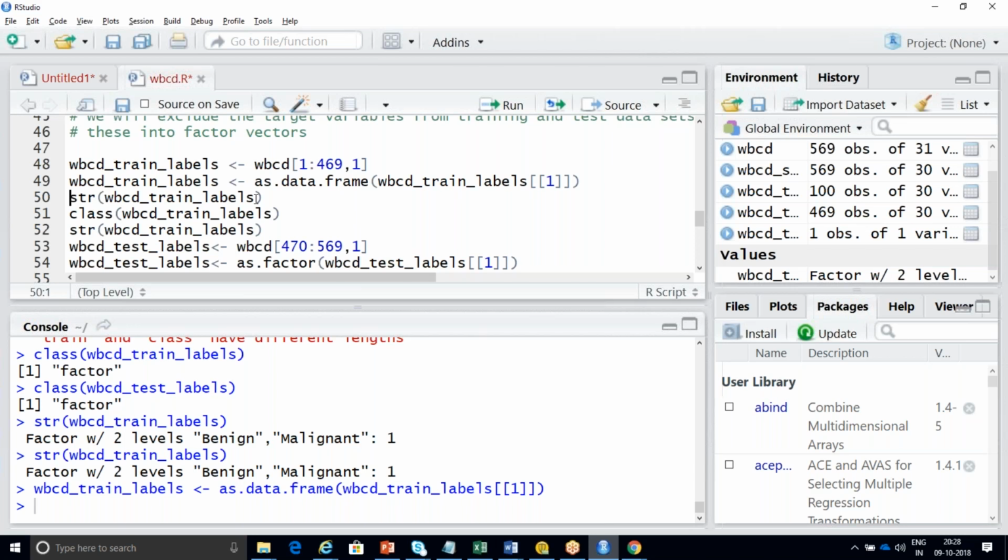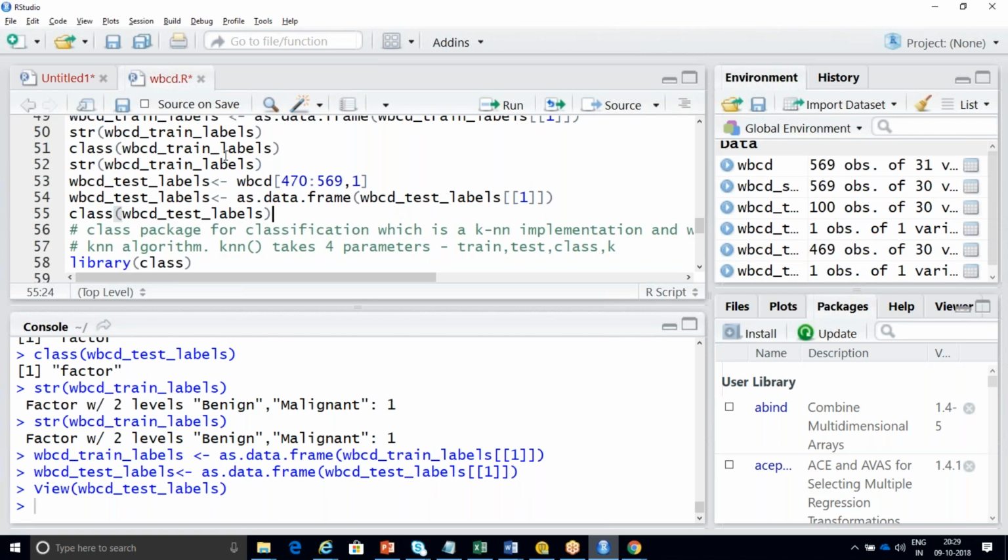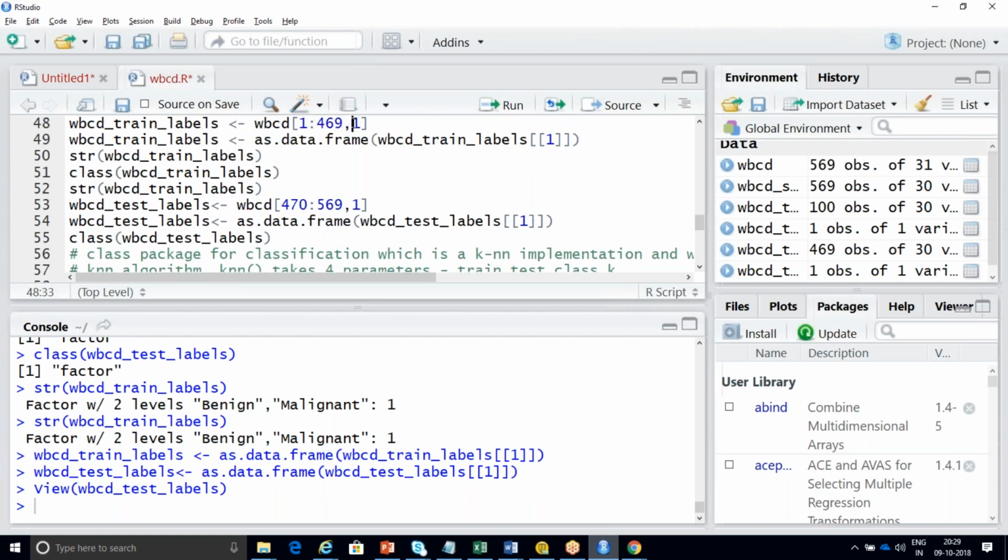Okay, fine. You're getting only one record. That's the problem. So the problem here is it is taking only one record. So I'm going to run this once again. WBCD_train_labels should have all the 1 to 469 records, right? So convert that into